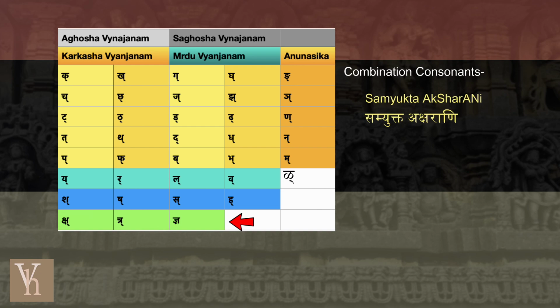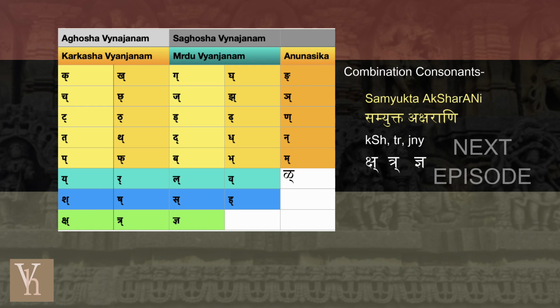combination consonants. All consonants may be combined with one another, and most of their forms are determined by their original forms. But in a few cases, the combined form is different from their individual forms. These three Samyukta aksharAni are only indicative of those. Since ksha, tra, nya are most commonly used, they are popularly included in this table. I will do the Samyukta aksharAni of all consonants in a separate episode, as those who are unfamiliar with Samskritam will find it very difficult to read as well as pronounce them.